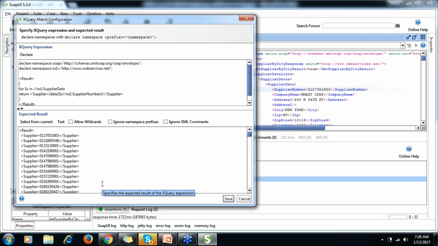Okay, so I can write here in XPath, I can write anything, like if I want the supplier number and then I need a company name as well, so I can also write it that way. Okay, or if you want to, so let me do this first.